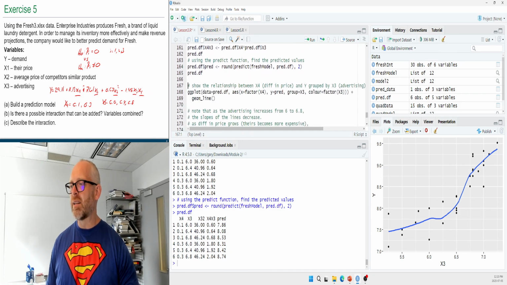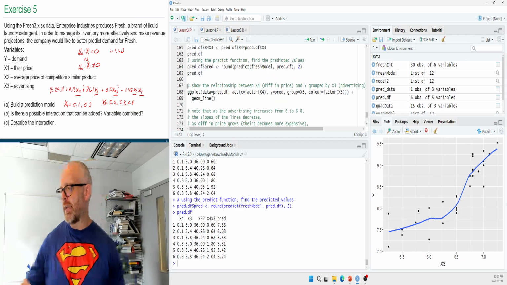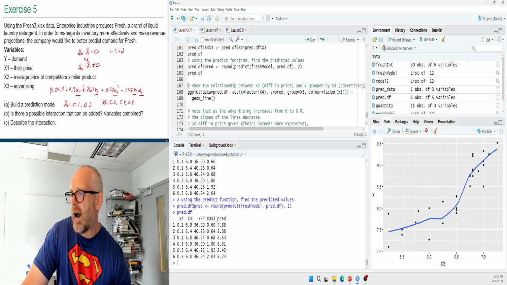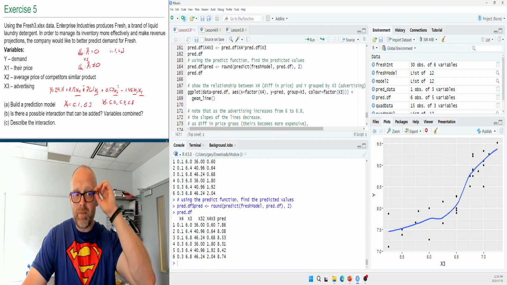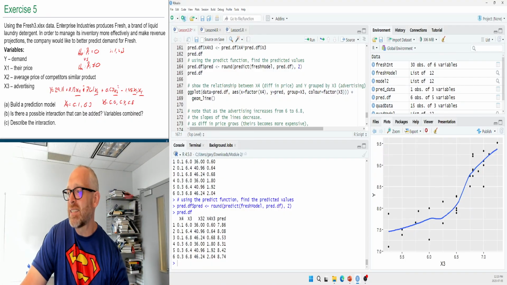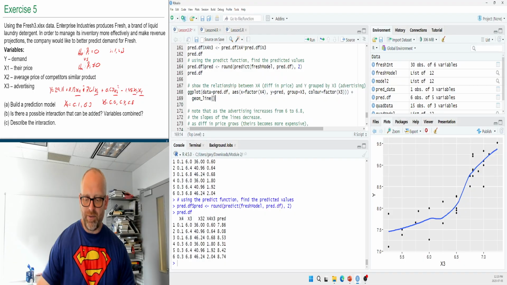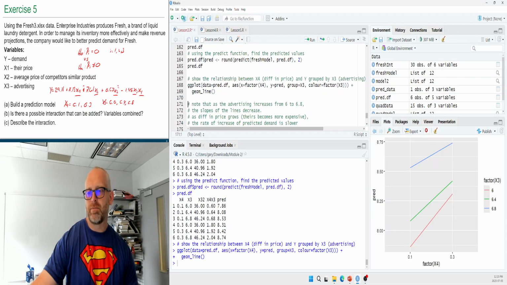All right, so let's build this now. I'm going to do a line graph here, using the pred.df data as my data frame. So that's my base layer, my layer 1. My layer 2 is my aesthetics. I'm going to map X to X4. Y is going to be the predicted value. I'm going to group things by X3 and color them by X3. And I want a line graph of this. So if I print this out,